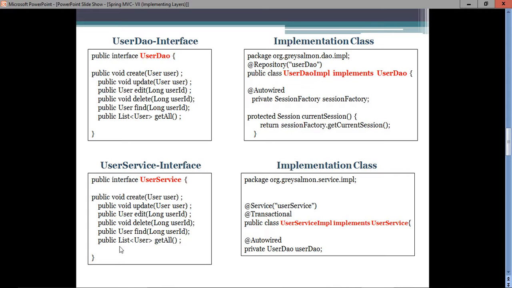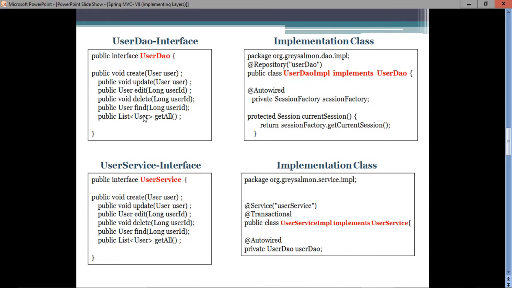Therefore the same method should also be present in the DAO layer, so that the controller can call the methods of the service layer, then the service layer can call the methods of the DAO layer, and then the DAO layer processes the data by getting it from the database, or by persisting it into the database, and so on. So our code has been distributed into three layers: first the controller part, second the service part, and third the DAO part.